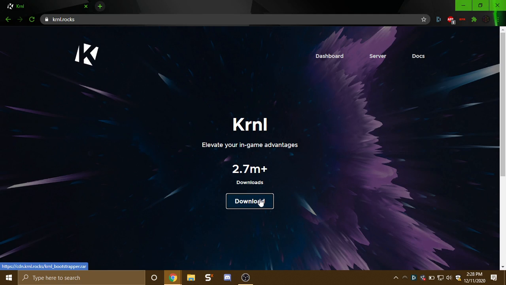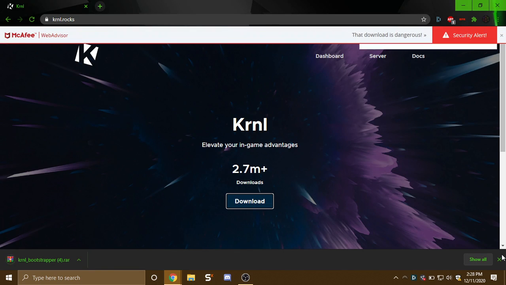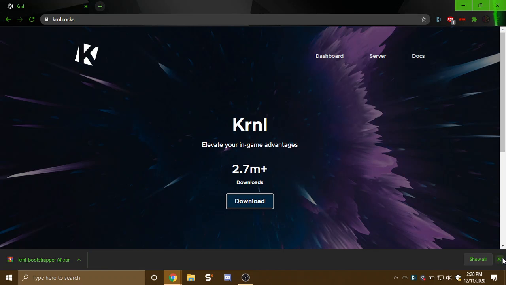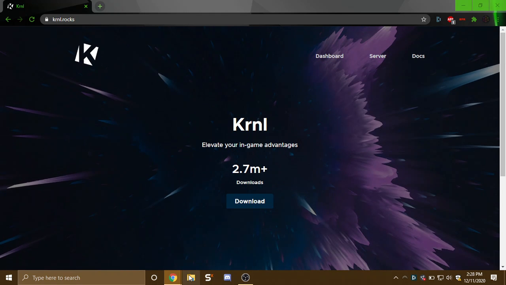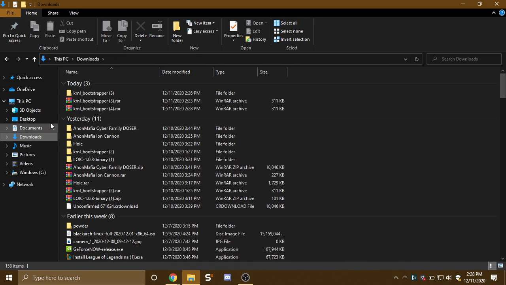So you want to click download. Then it's gonna start downloading. I already have it downloaded, so I don't need to do it. Yeah, it says that the download is a virus, but do accept the risk if you have McAfee. Once you've downloaded it, you want to go to your downloads folder and open the